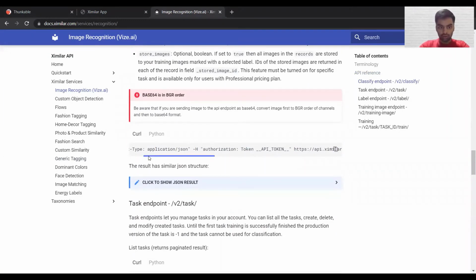So this is using the command line or SSH, but since we're using it in Thunkable, we'll just use it as a reference. So the dash h here means that this is content that belongs in the header. So in the header, there are two things. Firstly, we have to specify that the content type is application/JSON. And secondly, we have to provide our authorization. So in the header, we have to provide our API token. And this token, it can be found